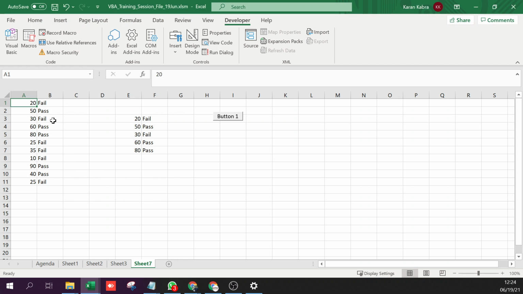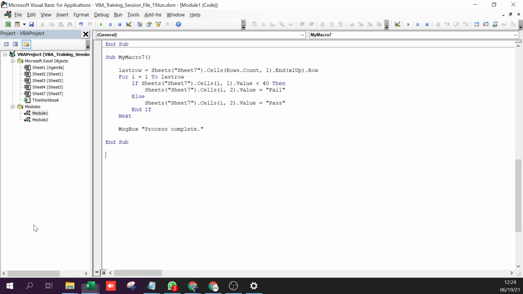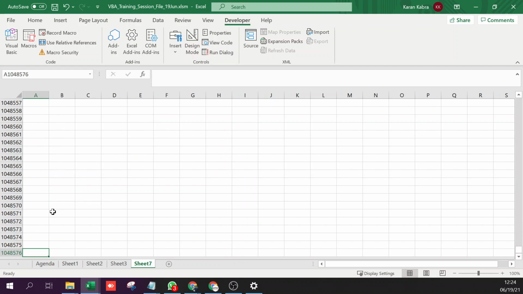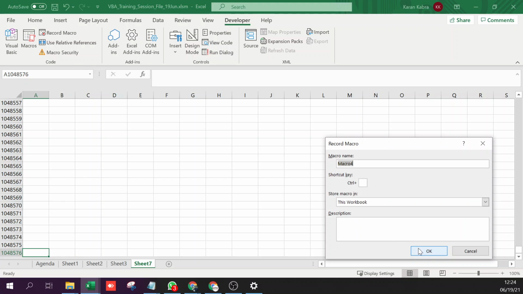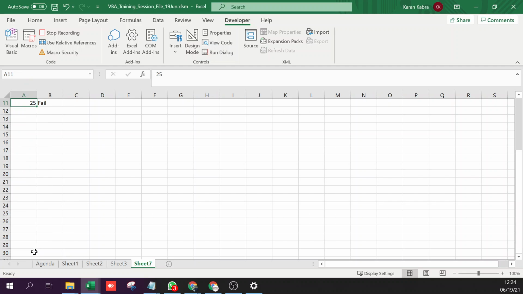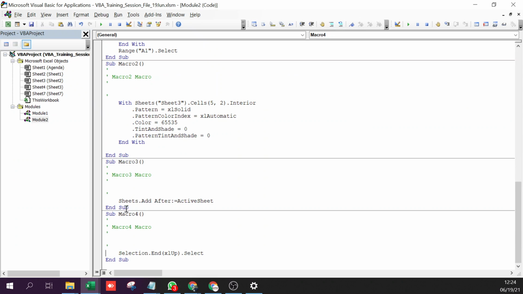Can you explain the syntax of finding last row? Yeah, sure. As I said, the actual process of finding the last row is, if you record it, you basically do a control up from the last row, and you end up in a cell.